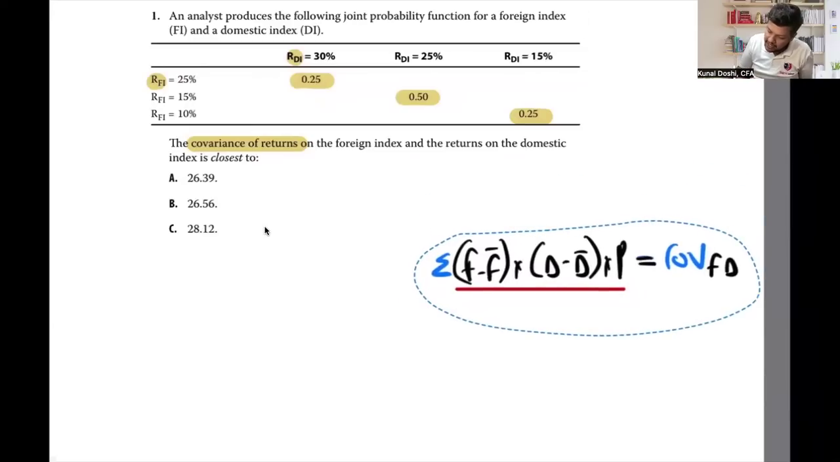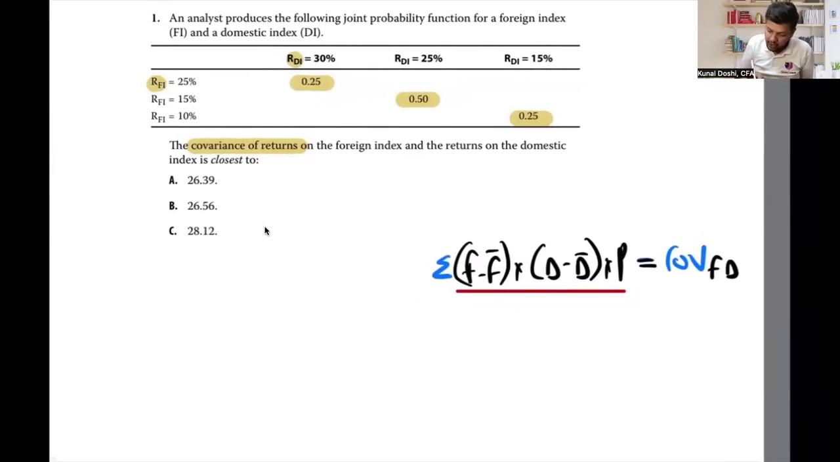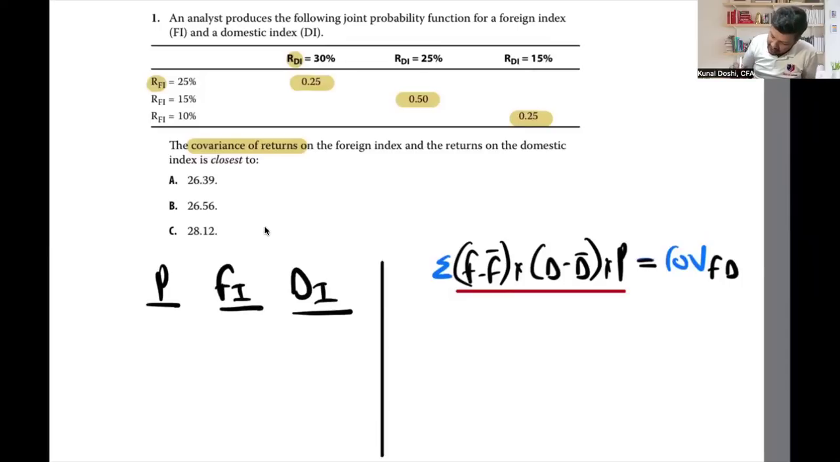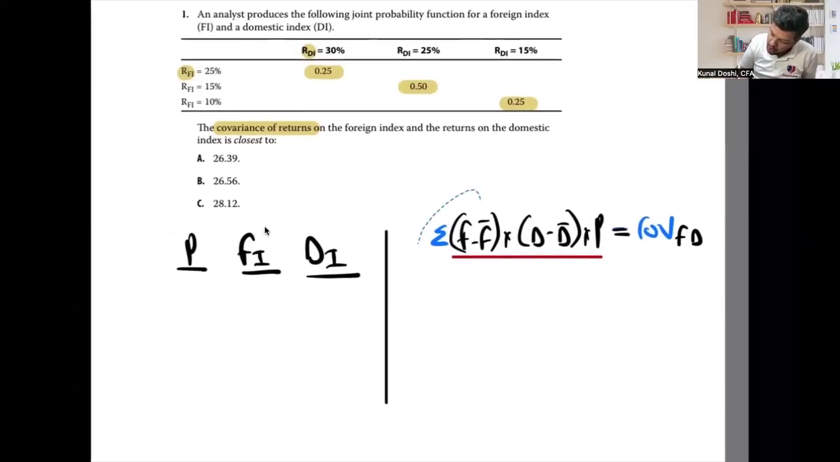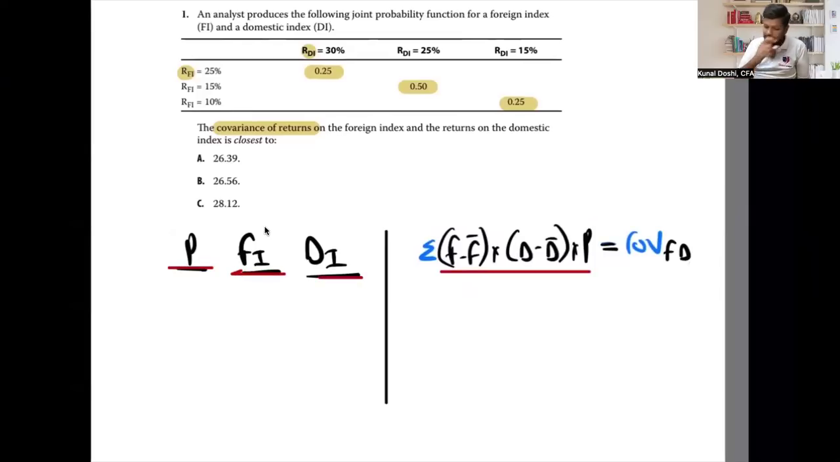What I generally do is arrange the data. I take the probability, then the foreign index returns, then the domestic index returns, and then I will start calculating the covariance. Remember, there is no shortcut for covariance when you have probability. You'll have to put in all the scenarios. So I have three scenarios, 25, 50, and 25%. So I write 25%,